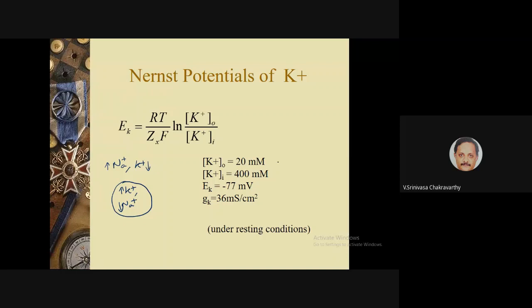Therefore, if you look at these numbers, potassium outside, K plus O, is small, potassium inside, K plus I, is large. So if you plug in these values in this formula, you get a potassium Nernst potential EK of the value minus 77 millivolts. Also, a typical figure for the conductance of potassium is 36 millisiemens per centimeter square. So you know that the unit of conductance is Siemens, but why this per centimeter square? For that, the answer is,